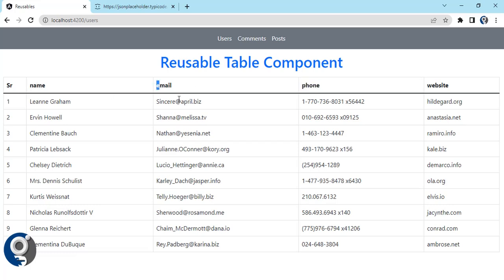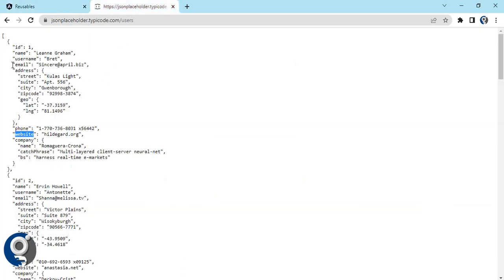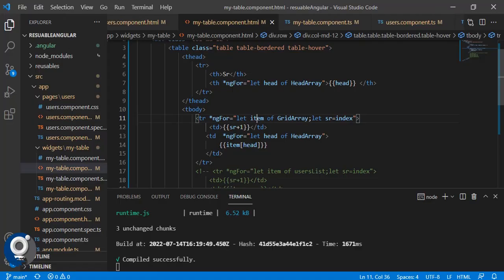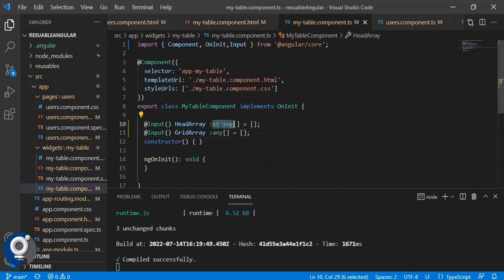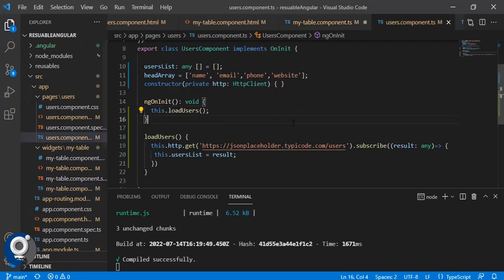When we are designing a reusable table, we should have control, we should make everything dynamic. Nothing can be static. In this case, we need to pass the same heading name which is present in my object. The same name should be present. But to make it dynamic, we can create an object. Instead of this, let's make it any, and in the head array, we will pass an object like,